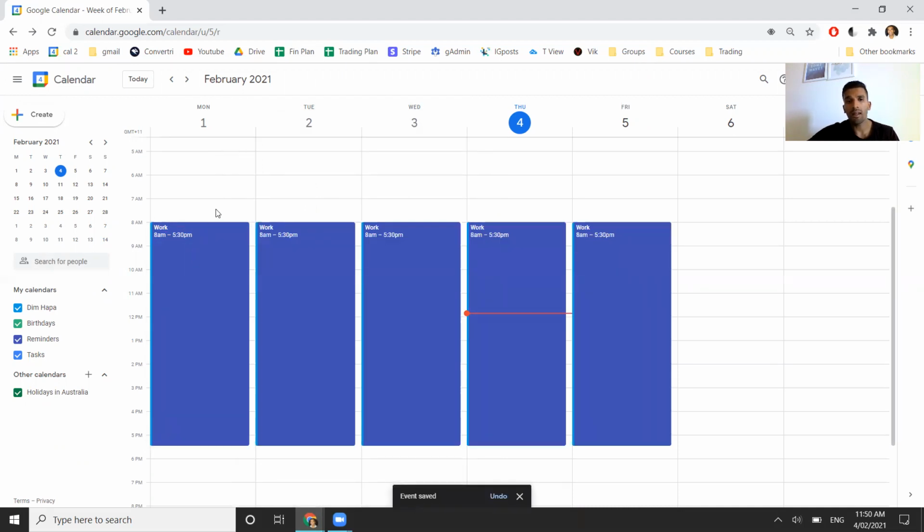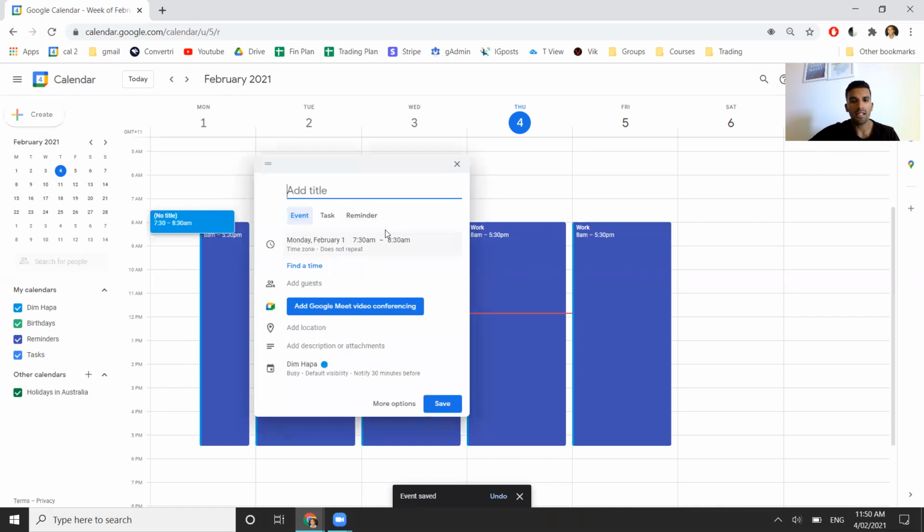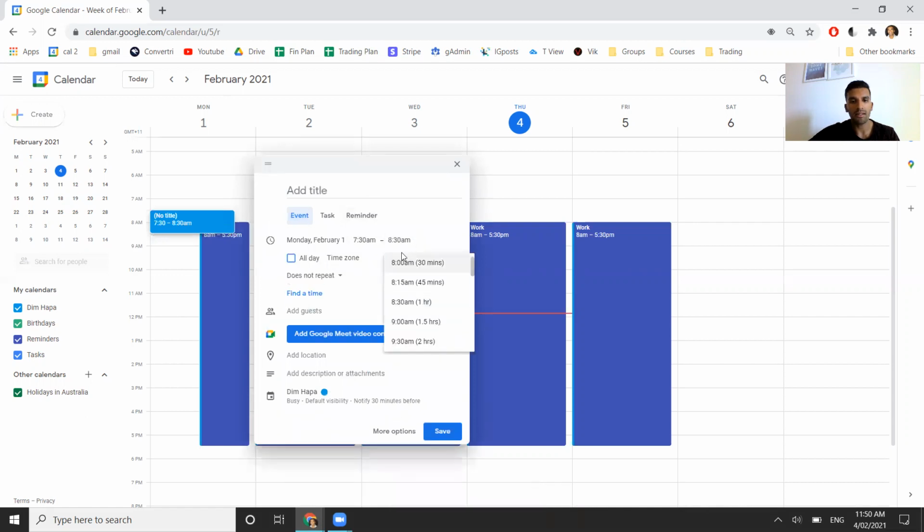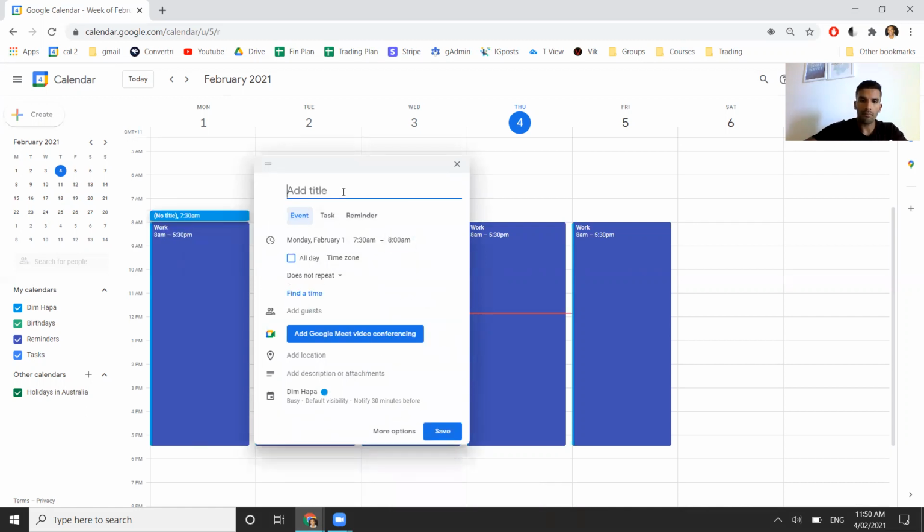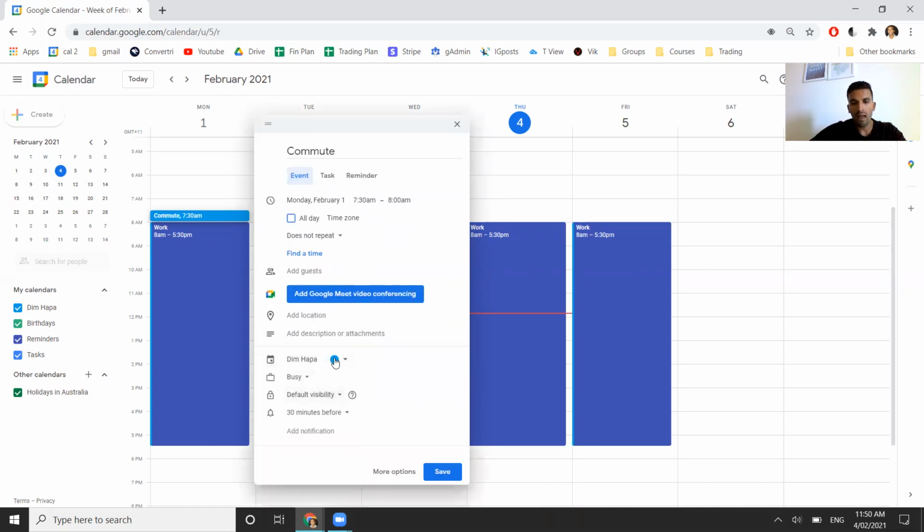So you may be commuting for half an hour on either side of that. So I might change this to the 30 minutes commute. I'll put that in gray. And for some of you guys, like for me when I was working corporate, I would be reading and doing parts of my morning routine because I had a 1 hour commute on the bus.